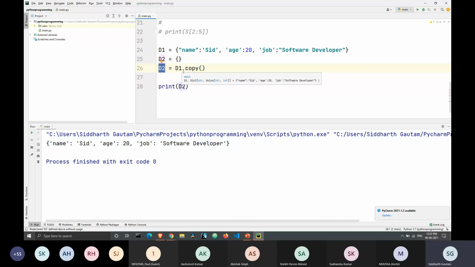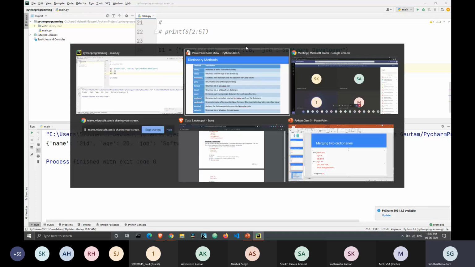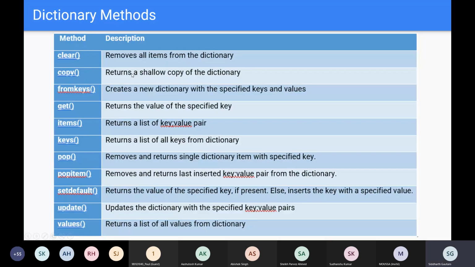So you might be thinking, why do we have to copy it? What happens if I just write d2 is equal to d1? In that case, when I run it, the output is exactly the same. The difference is that when we use the copy function, only shallow copies get made. The presentation says it returns a shallow copy of the dictionary.